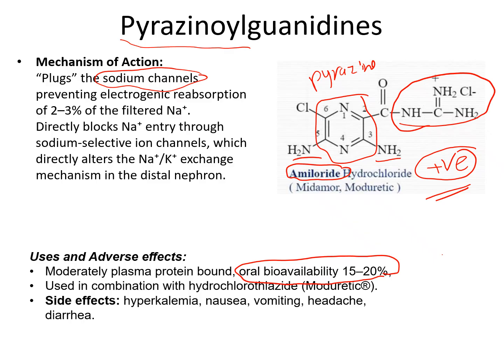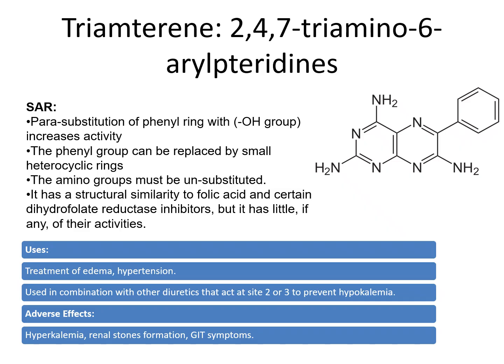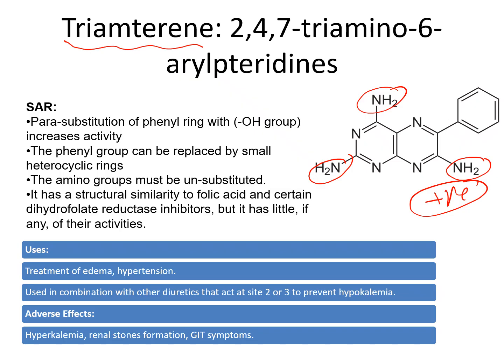Another structure or another compound that has the same activity blocking the sodium channels in these late distal convoluted tubules as well as the collecting duct is the structure اللي هو triamterene, and the triamterene is basically a highly polar structure with multiple nitrogens. One of these nitrogens can be positively charged easily at physiological pH. I don't want you to know the SAR. It's not important for me at this stage. I just want you to know there are multiple amine in there in the structure.